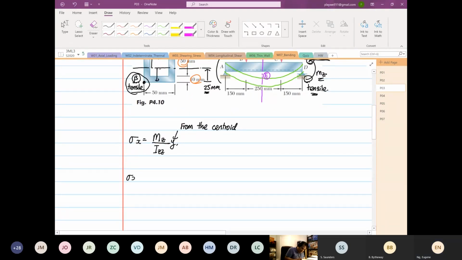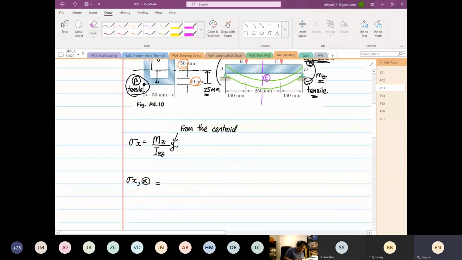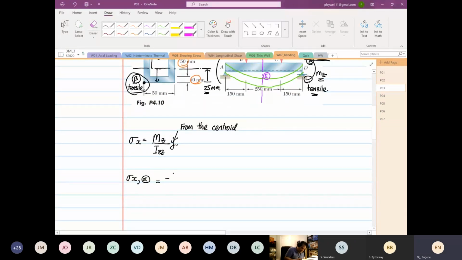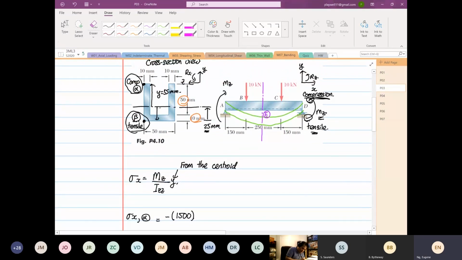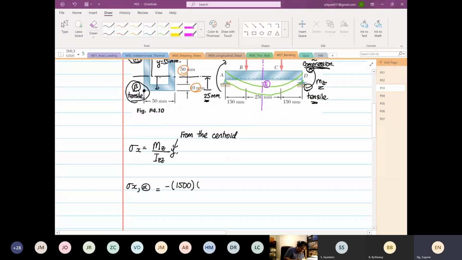of point alpha, and because we know there's compression, we immediately put minus. Then the moment is 1500. The Y now is 35 millimeters, so this is 0.035. And then the IZZ is equal to what we found,